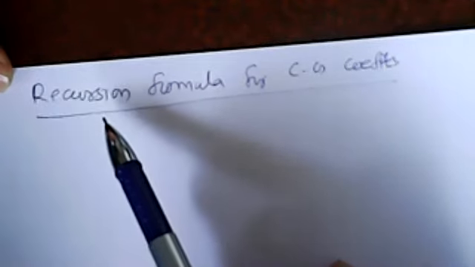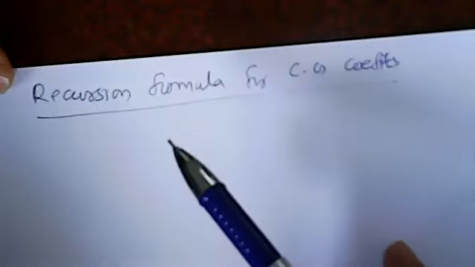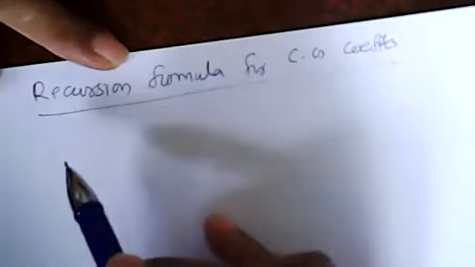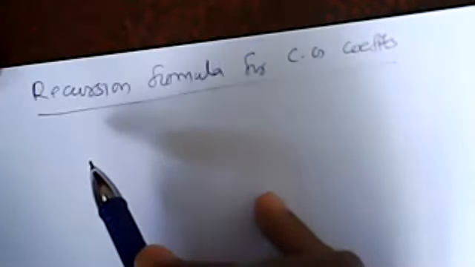Okay, so this is the generic method, but this is not a recursion. This is a recursion method, meaning you have to know something, and only then can you build up the next thing, like that. Recursively you can find all the Clebsch-Gordan coefficients. Simply substituting, you will not get all the coefficients. By knowing some coefficients, you can know the next coefficients. Like that, recursively you can find all the coefficients. That is a recursion formula. So today we will derive the equation for the recursion formula.